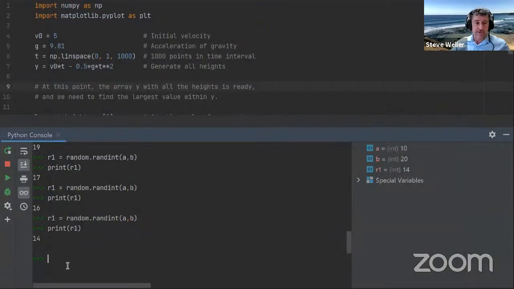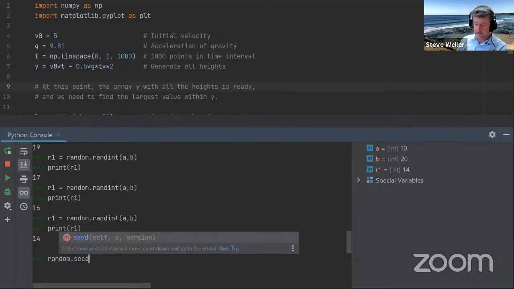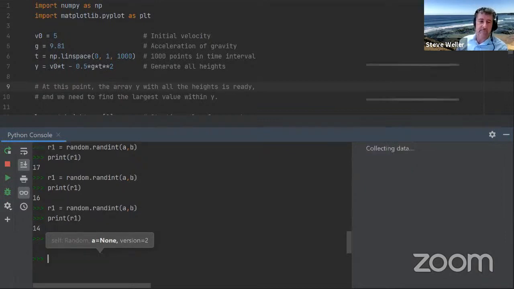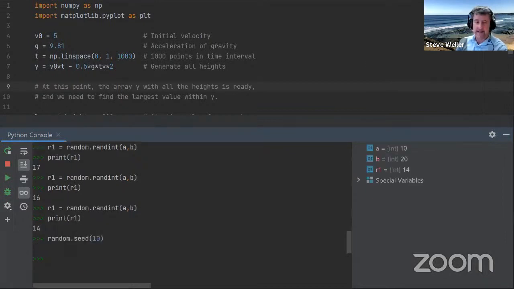So here we are at the console. The way that we set the seed is we run, inside the random module, there's a function called seed. I'm going to choose, there's nothing significant about the number 10. We'll set it to 10. Seemingly nothing happens. So now let's run our random sequence of integers, and I'm going to generate 3 in a row.